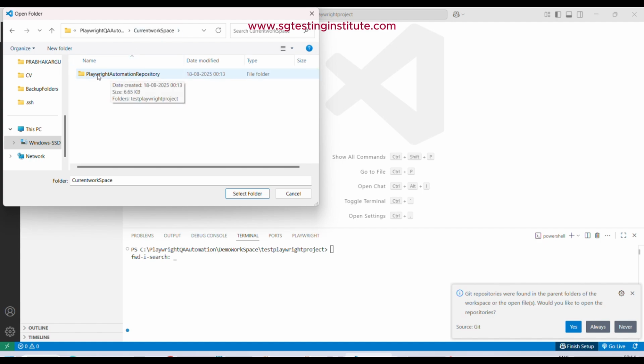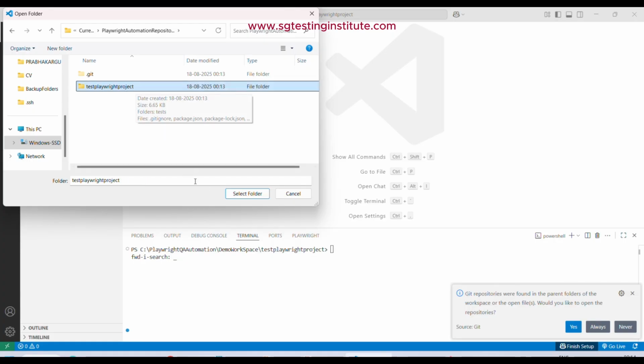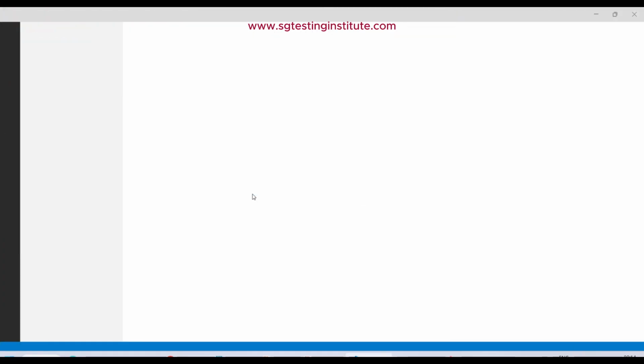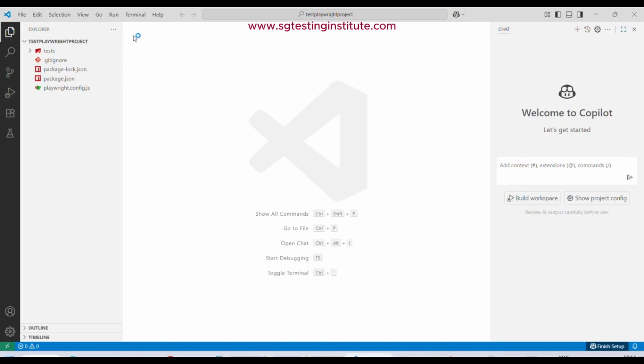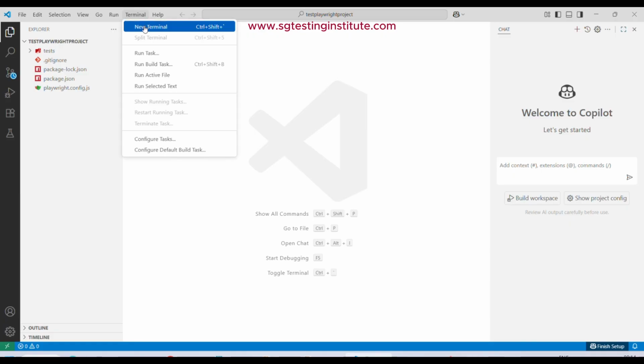Under current workspace, we have the Playwright automation repository. Open the Playwright automation repository. We have a project called test Playwright project. So open this particular project. It is a good practice. Open the